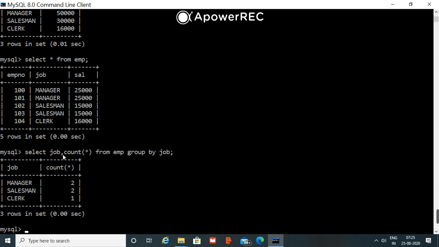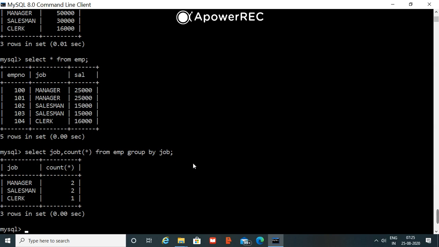Select job, count asterisk. What will the count asterisk do? The count asterisk will count the number of rows which have a similar value in a particular field, from employee group by job.